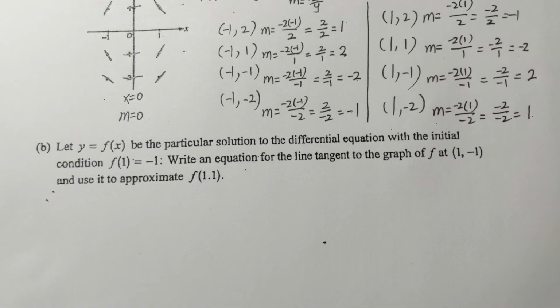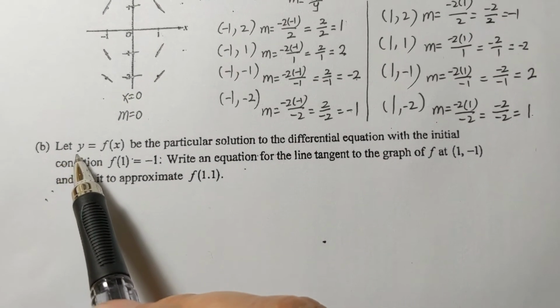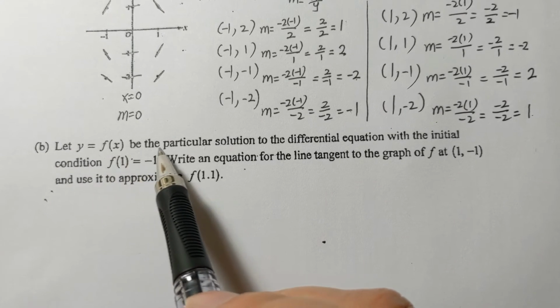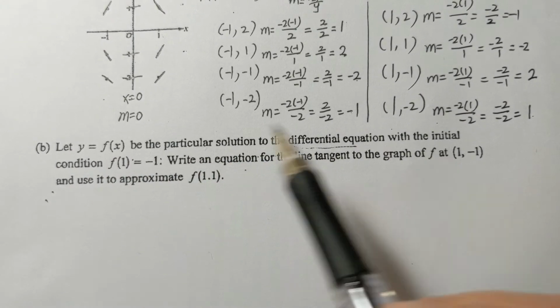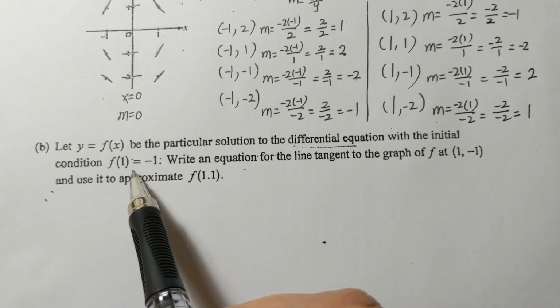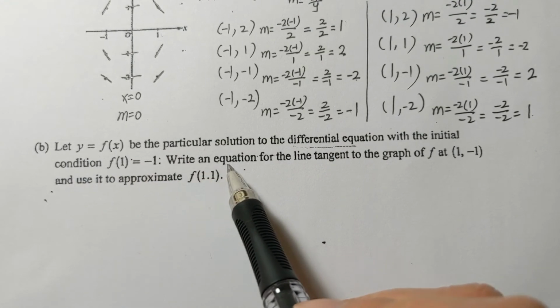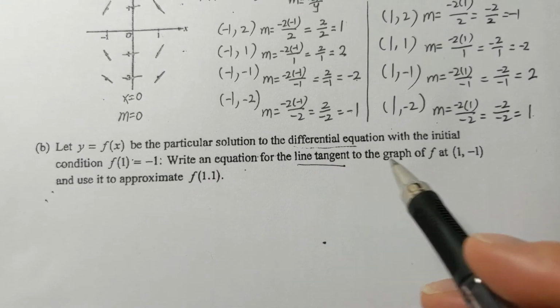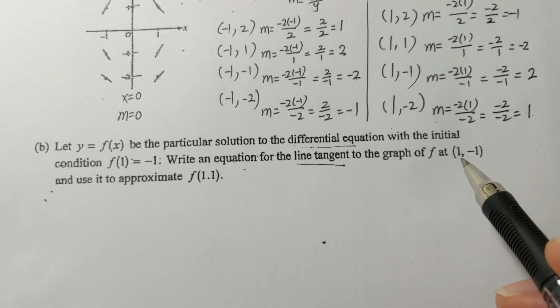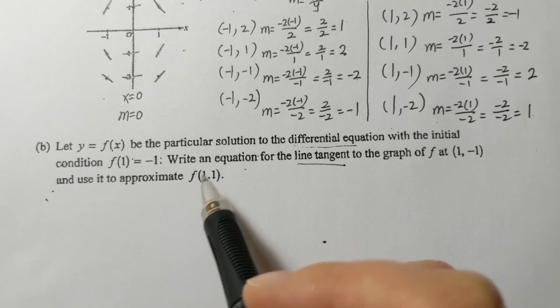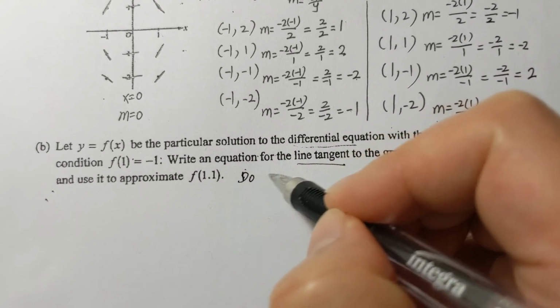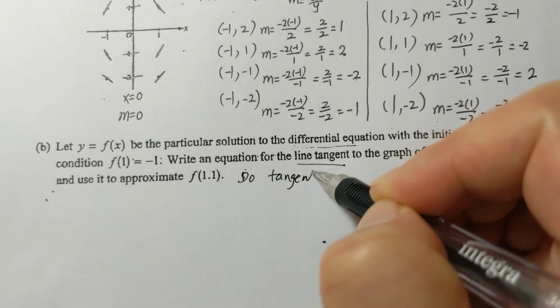Let's go to part B. Let y equal f of x be the particular solution to the differential equation with the initial condition f of 1 equals negative 1. Write an equation for the line tangent to the graph at the point 1 comma negative 1 and use it to approximate f of 1.1. So we're going to do